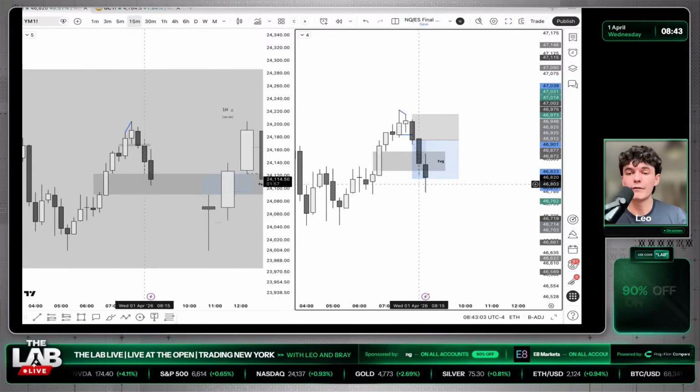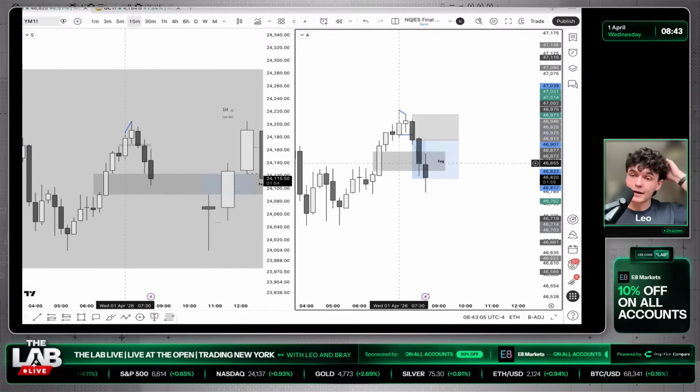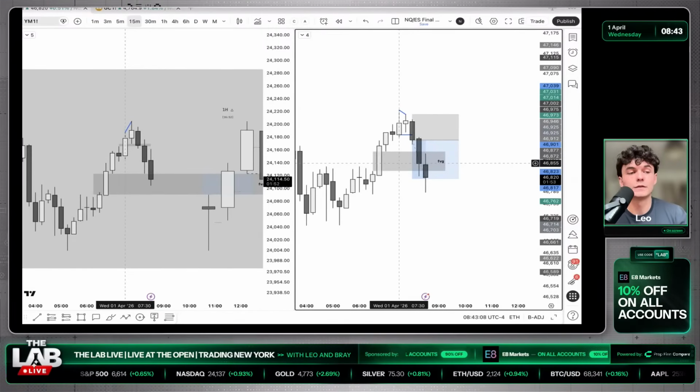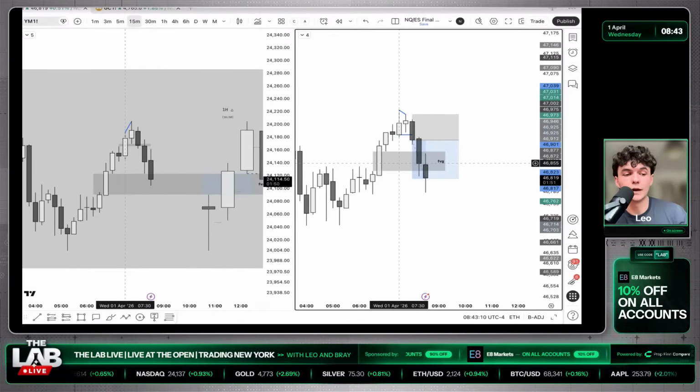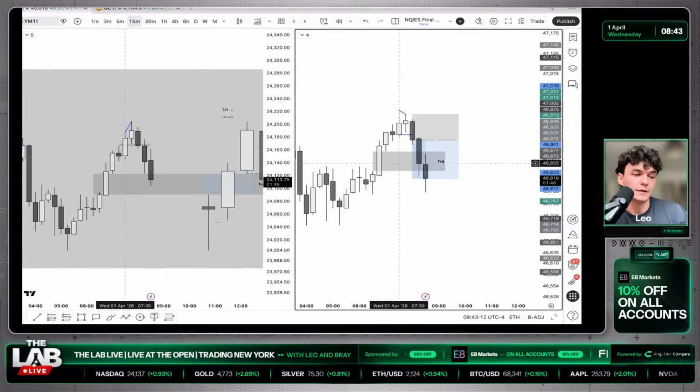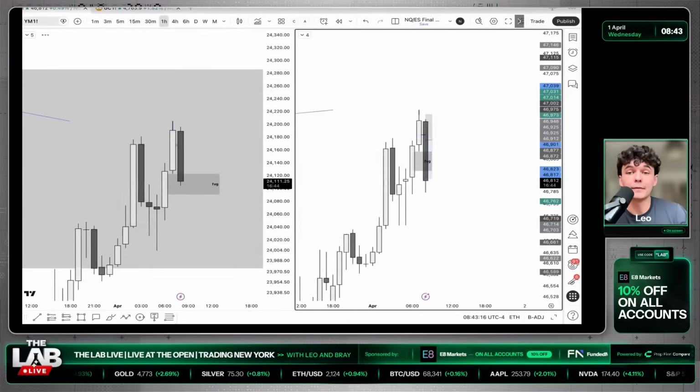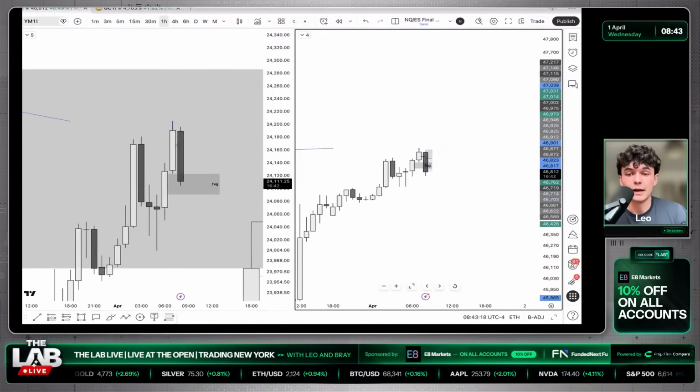So target of 1.5R. Reason I didn't enter was because we had a conflicting fair value gap here, which is an area I'm not as interested in trading. If YM closes this on the 1 hour, isn't it bearish considering it created a gap? So technically, yes, it would be more bearish.